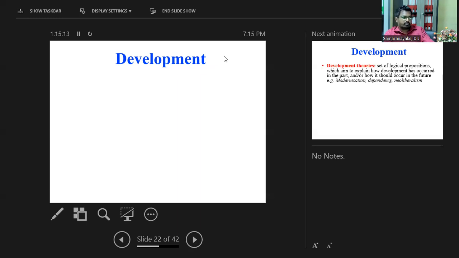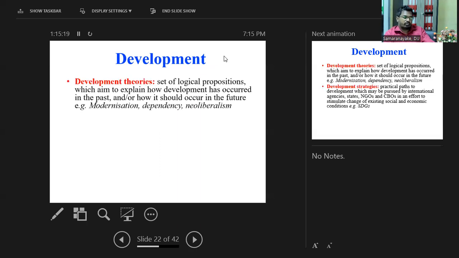Now, even for development, we can have a few more categories. We have development theories, right? When we study development as an undergraduate or as an academic, you can study development theories. That is one objective of studying development. You study development theories well, so you will understand these are the theories, this is the evolution of theories, and there are the problems with theories, and so on.